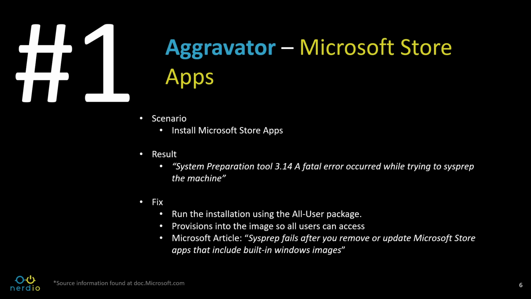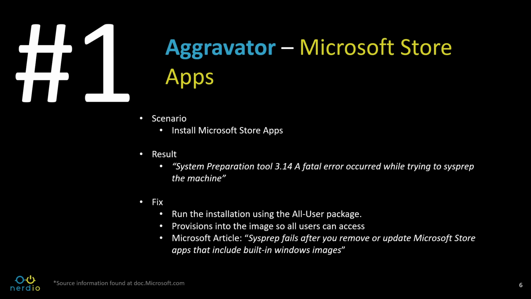You then finish your changes, power off the pool template, and set it as image using the Nerdio admin portal. And when you push that button, the pool template sets as image, but what it does through the app is it subsequently runs Sysprep on that image and generalizes it. However, in this scenario, the Sysprep task fails with either a standard error or one about the preparation tool stating a fatal error occurred while trying to